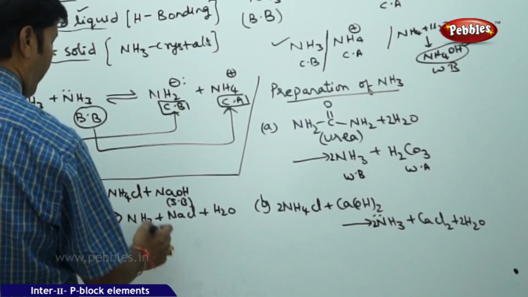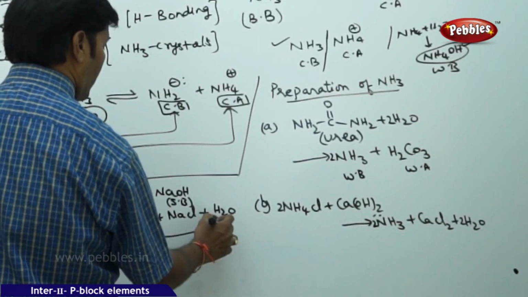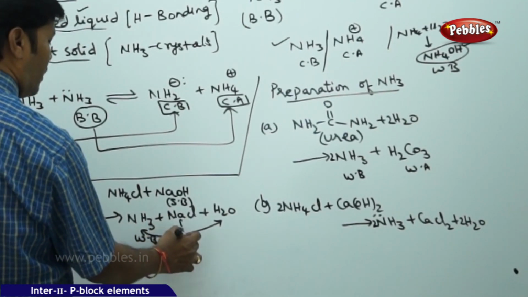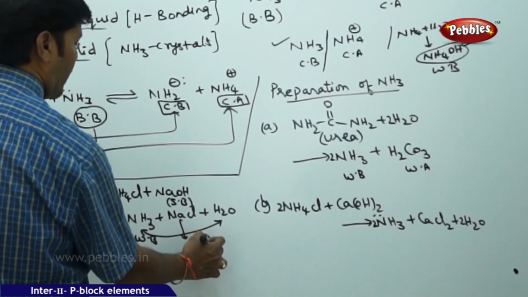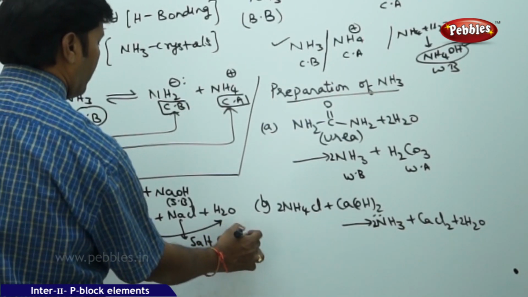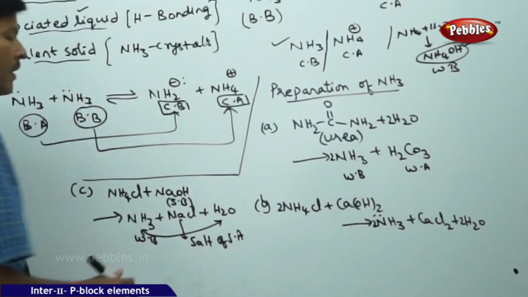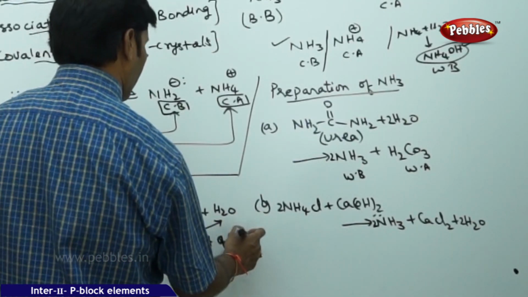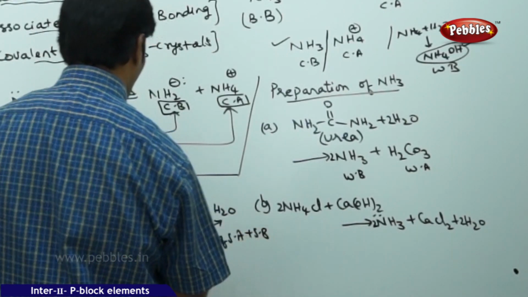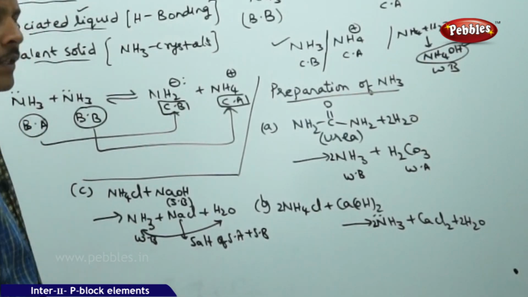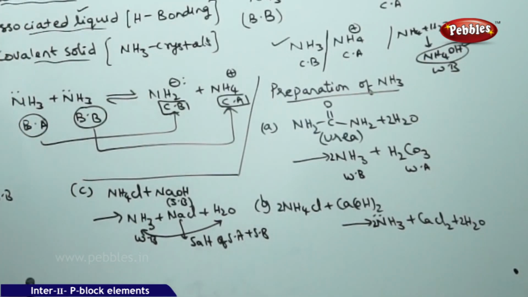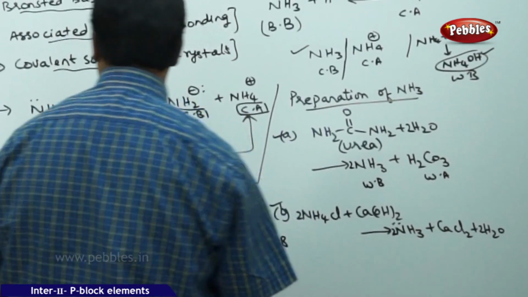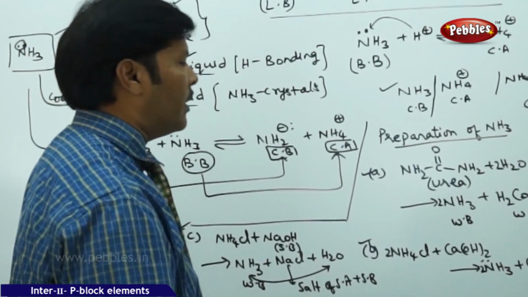again it is going to give ammonia and water, which in turn react and give a weak base, and it is going to give a salt of strong acid and strong base. So a salt, when it is treated with a base, has to give back a new type of salt. It is going to give a salt of strong acid and strong base, and of course a weak base is also formed, that is ammonium hydroxide solution. So altogether we have given 2 or 3 important methods in the laboratory where we can